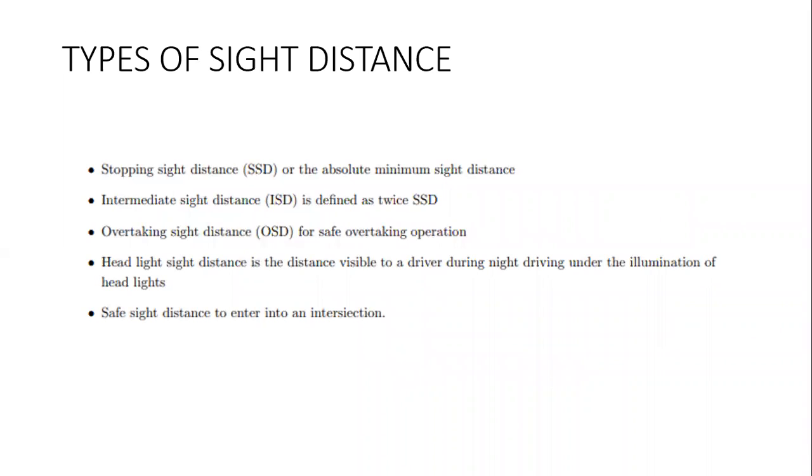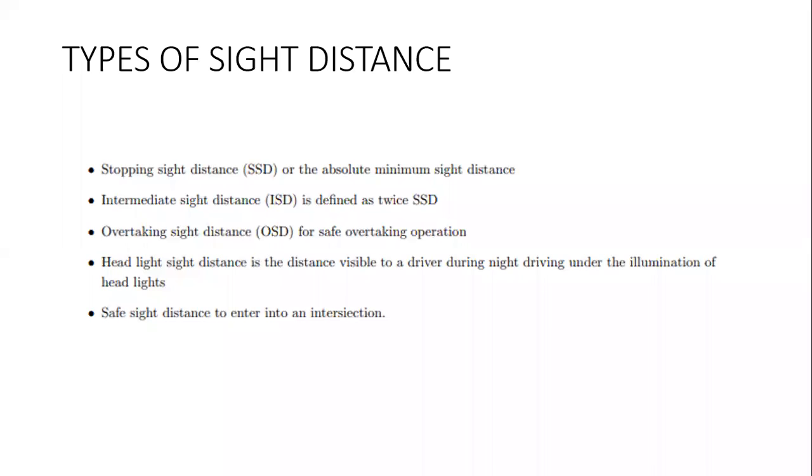Okay. Now, coming to the types of sight distance. You have different types of sight distance, and for each sight distance, you will have different numericals also. So understand the concept carefully. Only if you understand the concept will you be able to write it, or when you are doing the numerical, you will be able to understand it. Got it? Don't mug up the things. Just try to understand what is actually happening in the situation.